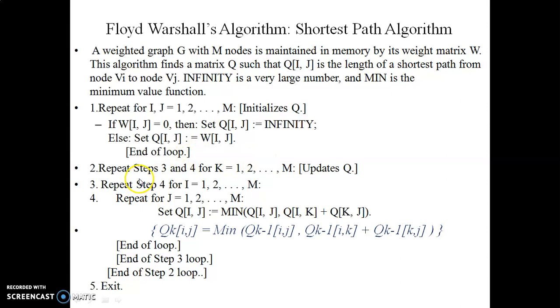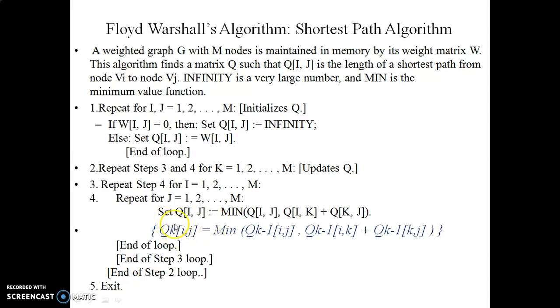In the second step, we vary k from 1 to m. Now basically k will give us a different matrix. For k equal to 1, it is the first distance matrix, k equal to 2, it is the second distance matrix, and so on. And we have already seen in the example how to obtain this distance matrix. And based upon this k, we are finding the index values for that particular distance matrix.